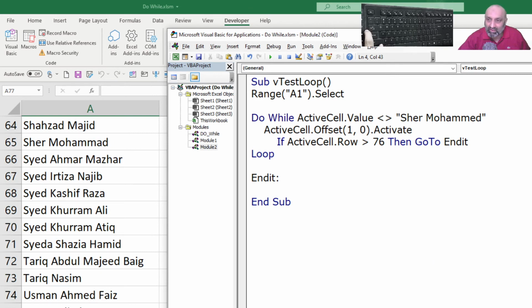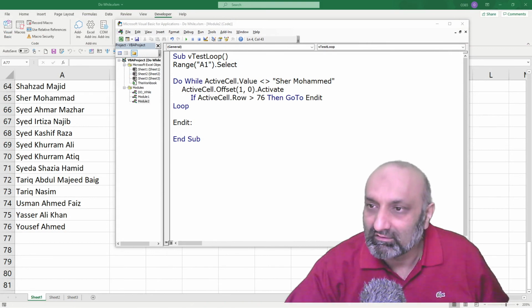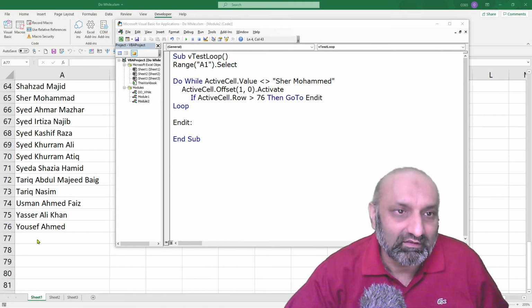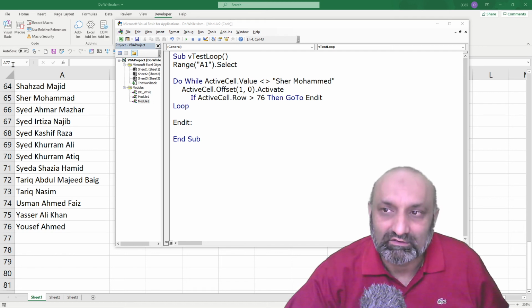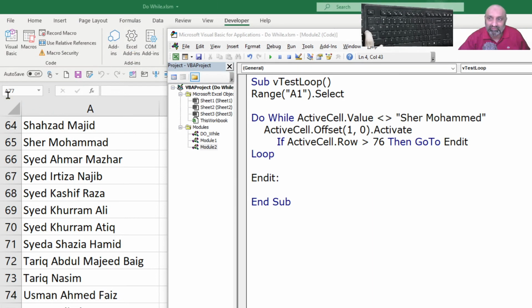If I zoom out, you will be able to see that the cursor is right now in A77, right? So let me zoom back, and from here you can see this is in A77 and my macro has stopped. So this is how it is done in a conditional loop.